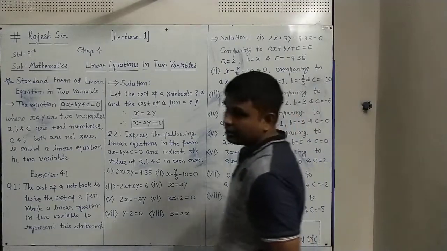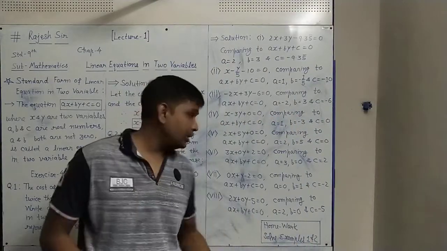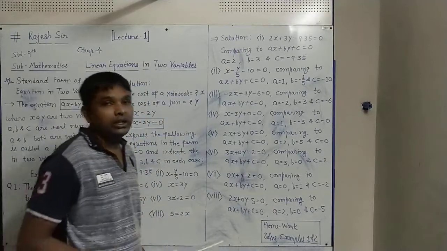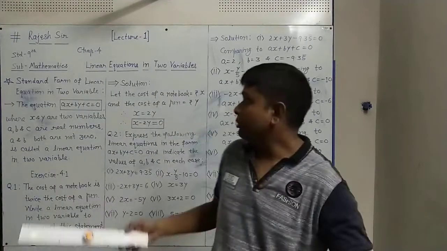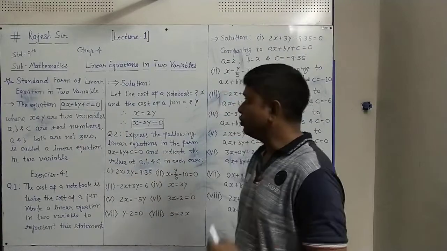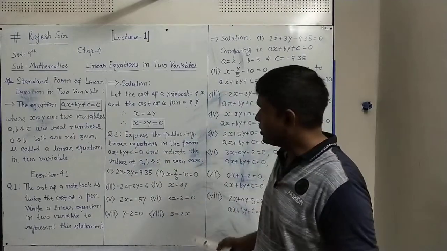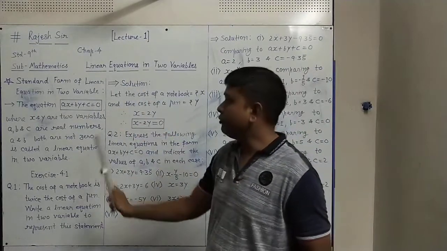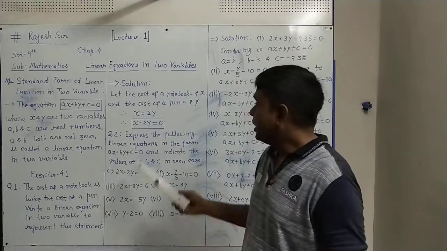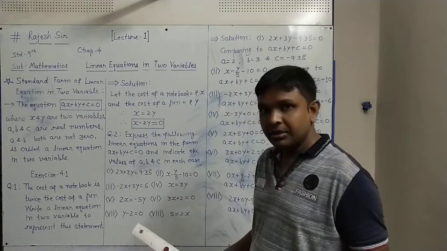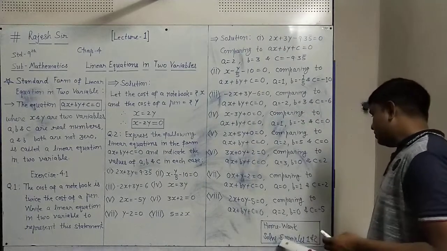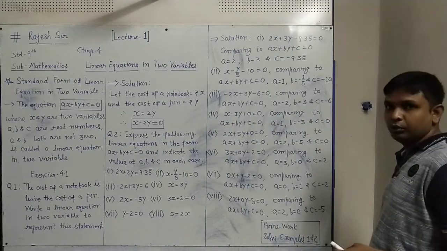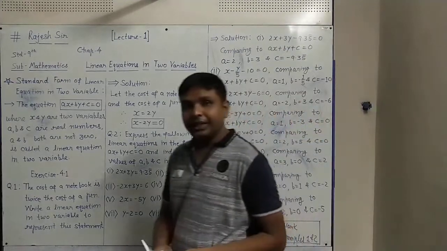So this way, very simply, the exercise 4.1, only the question 1 and 2 are given. And we have solved knowing about the standard form of linear equation in 2 variables. So you are also suggested to write the standard form and understand it, learn it, and do the exercise at least 2 times, and then this homework you have, for example 1 and 2. And the next we will see the next section.